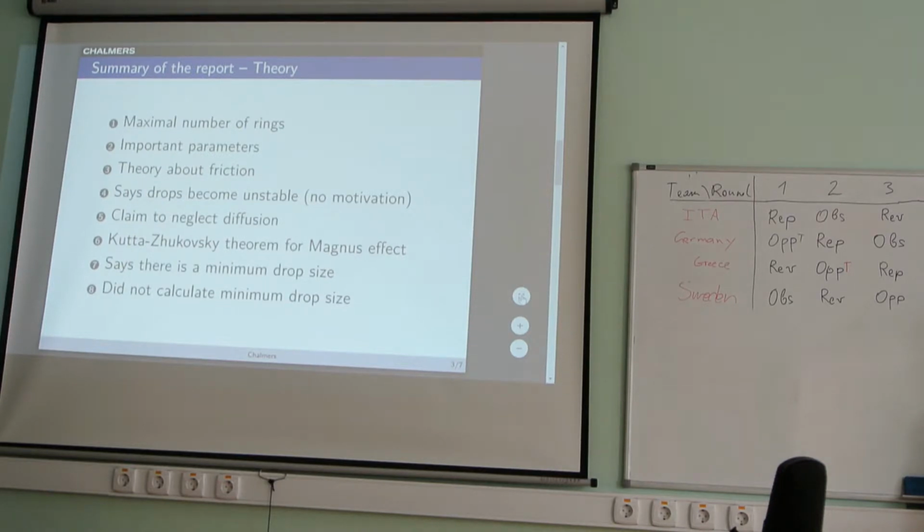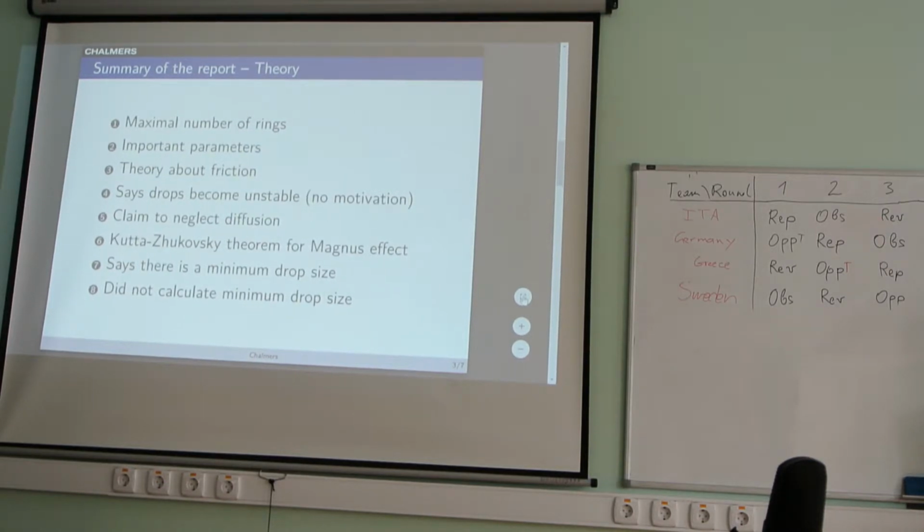The report is focused on finding the maximum number of rings, which is the problem stated, as dependent on the important parameters. They present a theory for ring formation about the friction between the ink and the water, and say that the drops become unstable, although they don't give any theoretical motivation as to why this breakup process happens. They claim to neglect diffusion and then comment on this later on in the presentation. They also present the Kutta-Zhukovsky theorem for the Magnus effect, and claim there's a minimal drop size for this split-up process, but did not calculate it, rather observed it from the